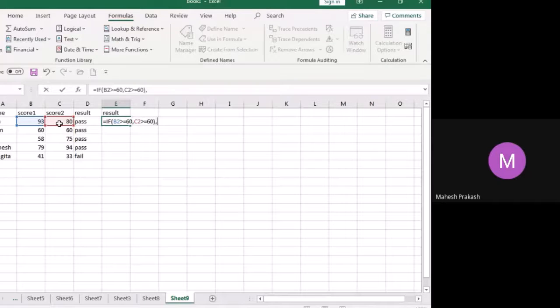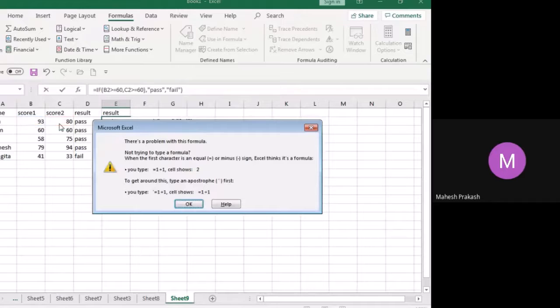Your brackets are important, your commas are also important. All the strings should always be in double inverted commas. Fail, and close the bracket, hit enter.